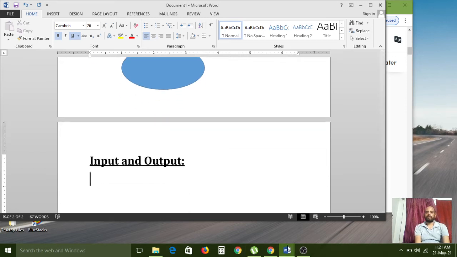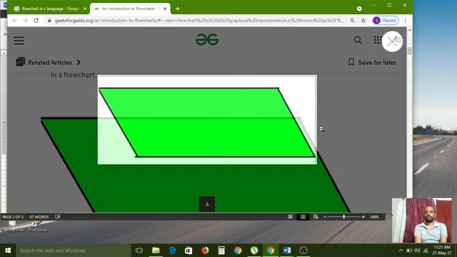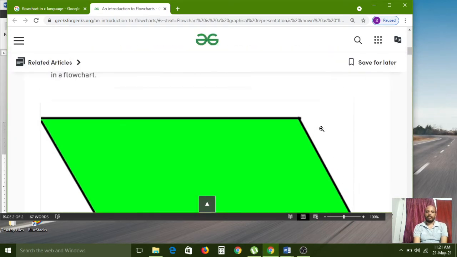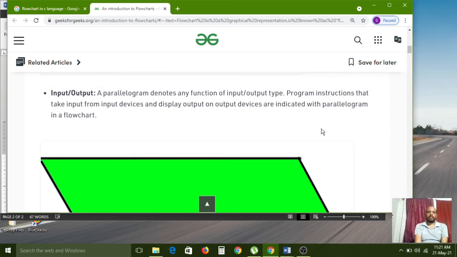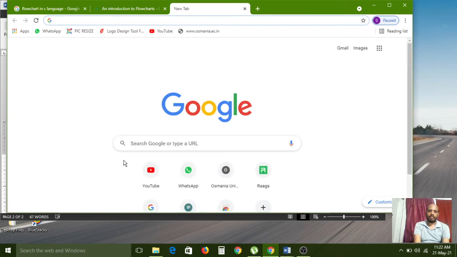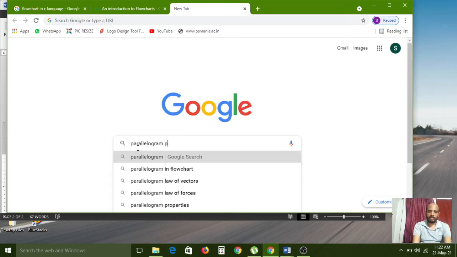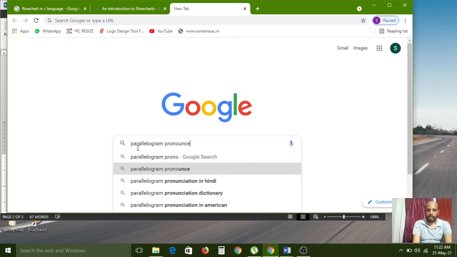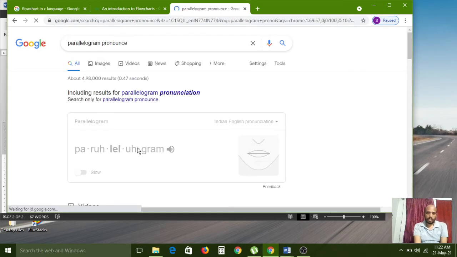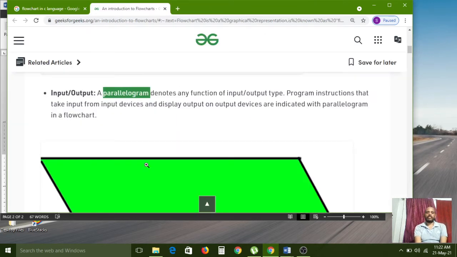P-A-R-A-L-L-E-L-O-G-R-A-M, parallelogram. Okay, this is called a parallelogram.